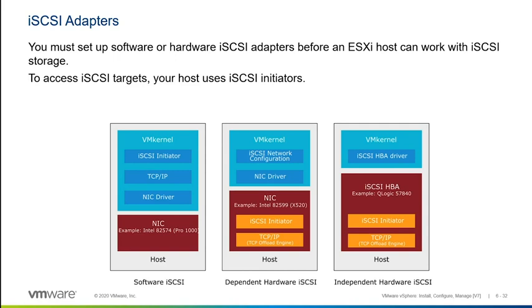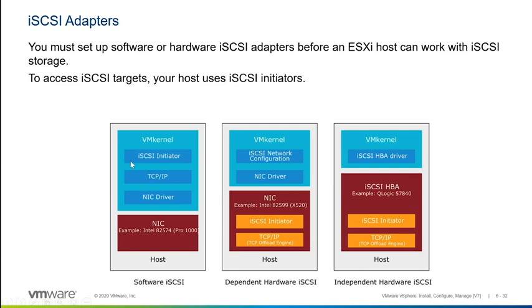So there are a couple of different types of iSCSI adapters that are available to us, like I've said before. A standard Ethernet adapter can always be utilized as a software-based iSCSI adapter. But ESXi has a little bit of overhead to do when you're utilizing this. The only thing that we need in the host is the NIC itself, as well as a driver for the NIC. Then we're going to create a VMkernel port on the ESXi host. We're going to take that and bind it to the physical adapter. Okay, so now we've got the NIC driver in ESXi set up for that physical adapter. ESXi itself handles the entire TCP/IP stack through the ESXi kernel, and then we enable the iSCSI initiator